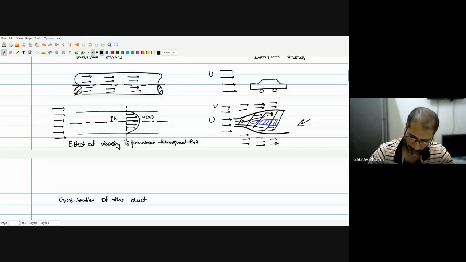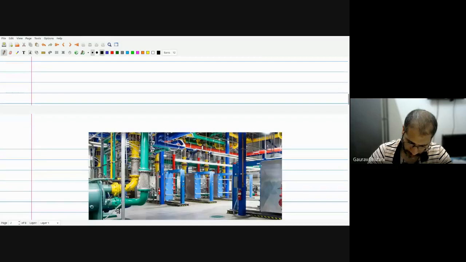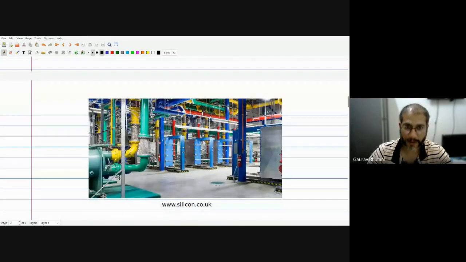Right. So, there's a question as to why it is important to study pipes. The reason is because engineering applications are full of flow inside pipes. So let's have a look at a couple of examples. So here's a pipeline in a factory. You can see that it has plenty of different sizes and kinds of pipes.